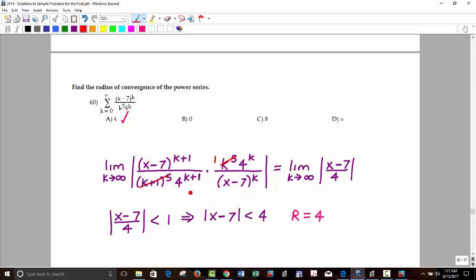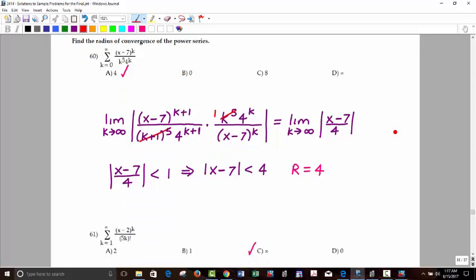4^k or 4^(k+1) will actually have a 4 on bottom, which is right here. And then the (x minus 7)^(k+1) over (x minus 7)^k will leave x minus 7 on top. So you have x minus 7 over 4 has to be less than 1. Bring the 4 up and over. And once that denominator of 4 is gone, it comes over here, that is your radius of convergence. Now you could work this out further, and you could also figure it out by setting up the negative 1 and all that stuff. You'll get 11 here, and 3 here,